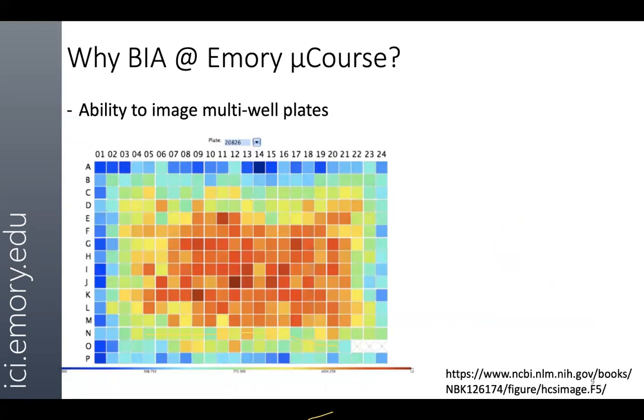Apart from that, the core has different microscopes that will let you image multi-well plates, right? Which means if you have a 96-well plate, you can have cells with different treatment types or different knockouts. And how do you quantify data, right? That's the biggest hurdle at the end of imaging a 96-well plate. What do you do with that data? How do you quantify and analyze all of that data? And this is exactly where some of the tools that we'll be teaching you in this course will be very